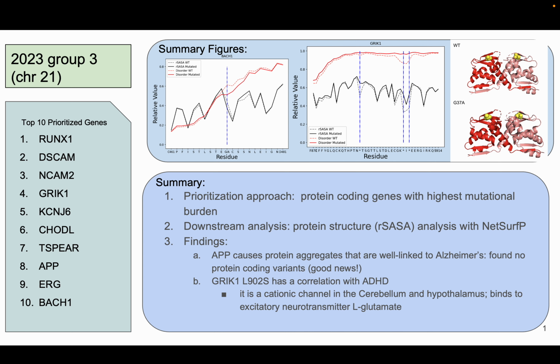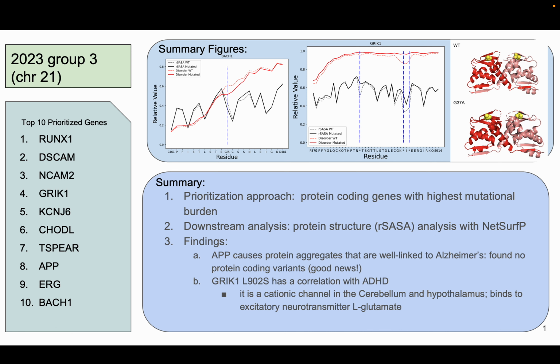Similarly, we found 3 mutations quite close to one another near the C-terminal tail of GRIC1, an ionotropic glutamate receptor. These mutations, all leucine to serine, have a marked effect of increasing the average solvent accessibility of approximately 40 amino acids in this protein region, which in turn increases the disorder of the region. However, because this region is disordered and none of the mutations are pathogenically linked, we would not expect these mutations